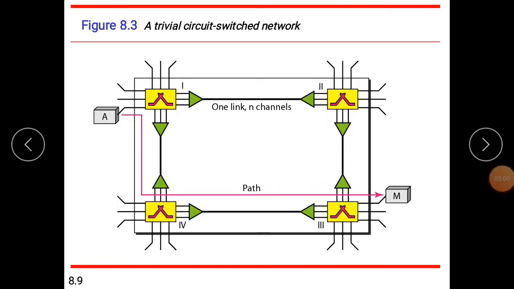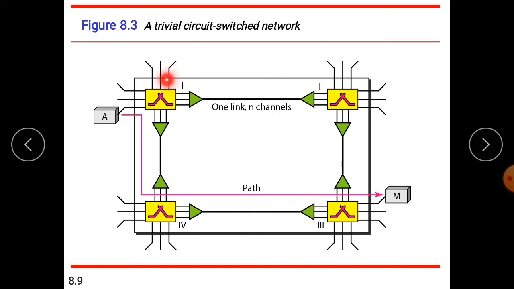This is an example of a circuit switched network. Here you can see there are 4 different switches and 4 different links, 1, 2, 3 and 4. Each link is divided into n channels. For example, this link is divided into 3 channels, either using FDM or TDM.